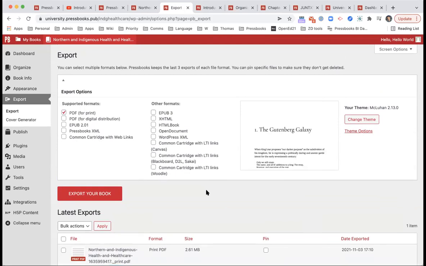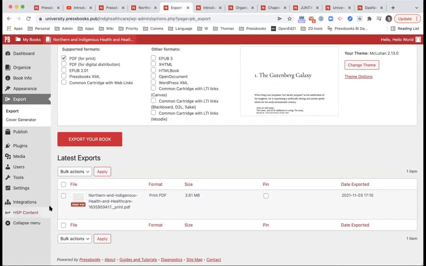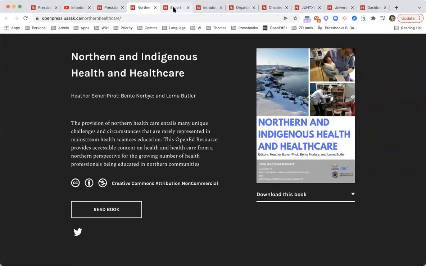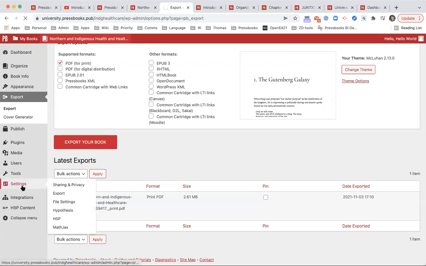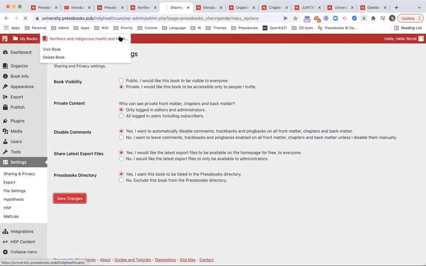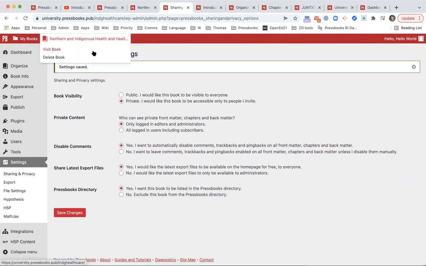If you would like, these can be made available on the homepage. So all of the exports that live down here can be made available on the homepage, like I've shown you here. This is the part where I show you how you can enable this download button, by going into settings and going into sharing and privacy. It says share latest export files. So this is where you can determine whether or not I'd like the latest export files to be available on the homepage for free to everyone, or you can set it to no, which means that button won't be there. So if I click yes and click save changes,